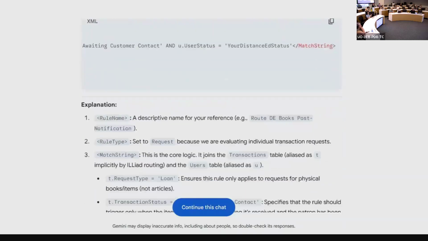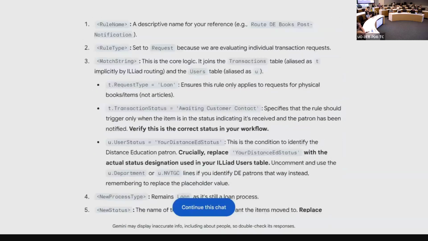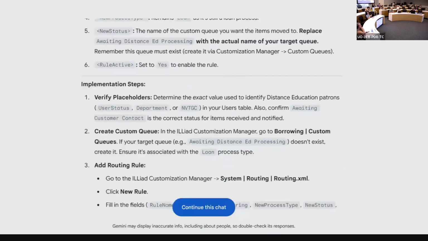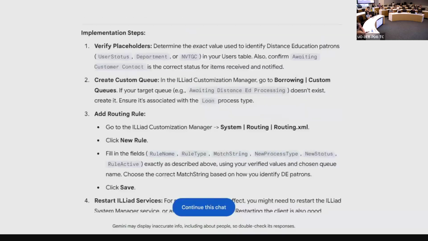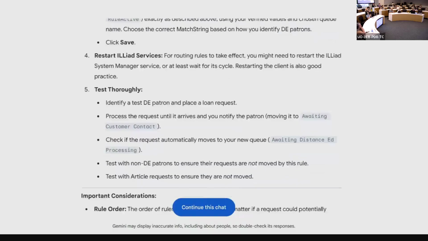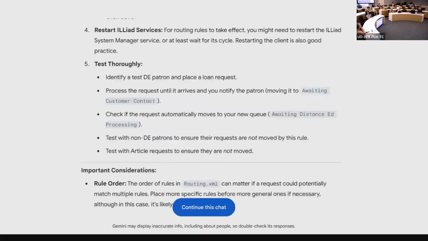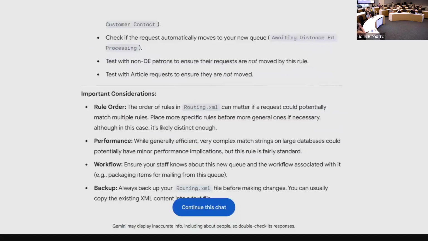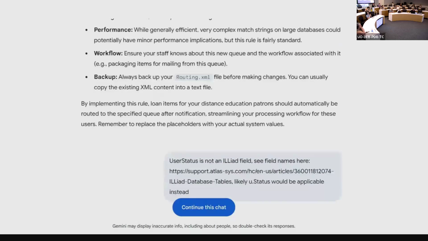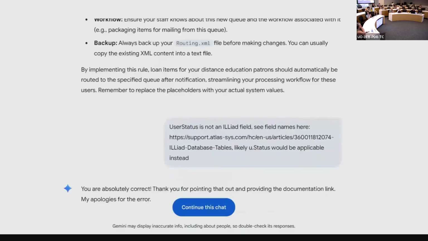And it goes through some more explanations about the content. It even got very specific about how I should add the routing rule, which can be helpful if you aren't entirely sure how that whole process works. And suggestions on how to test, which is a great idea. However, we need to remember that we are working with a large language model. The purpose of this is to have a conversation with you. Sometimes it will tell you things that will help flow the conversation along, but may not be entirely accurate.